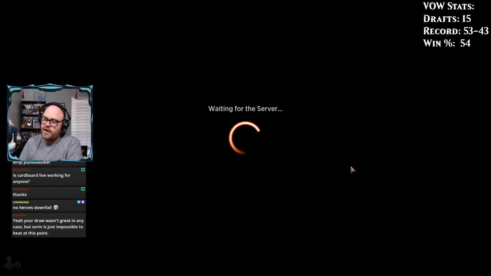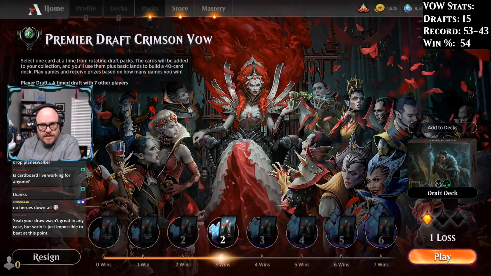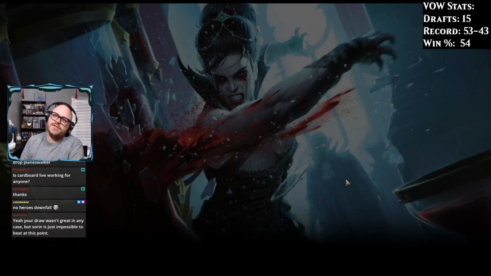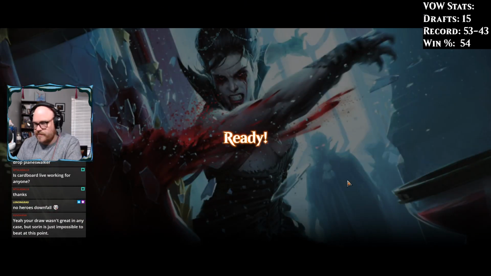Yeah, so I mean, our draw wasn't good, it's true, but then they played Sorin and we had like no board presence, and it was like, well, can't do much about that. Maybe if they hadn't also gotten a Bleed Dry and hadn't also played 2 Death Touchers, we'd have a chance, but